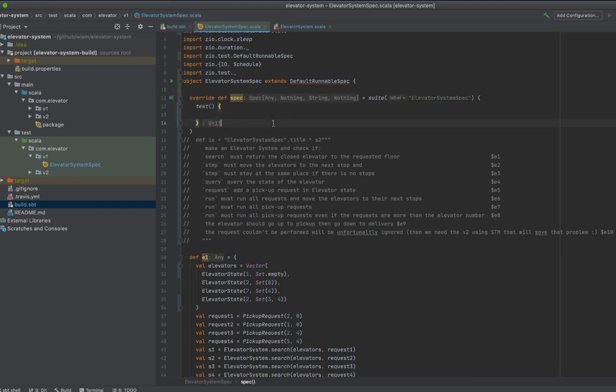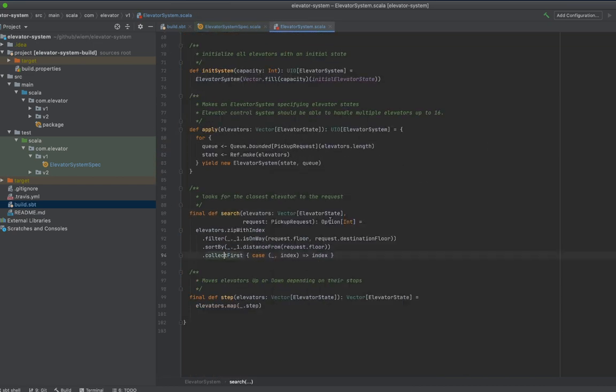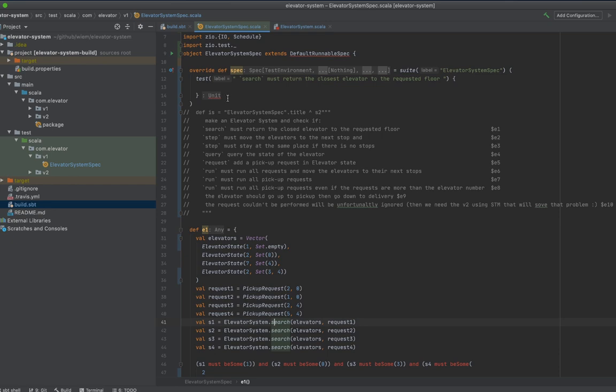And it depends. If we are going to test a pure value, like for example search here, the first test is to test search closest, sorry, and search will return an Option of Int, so there is no IO, so we can use test. If our function returns an IO, we need to use testM, but in our case we don't need that. Let's copy all of this